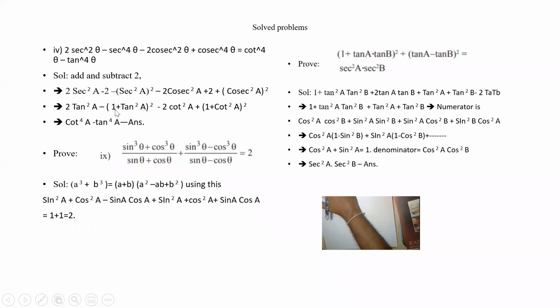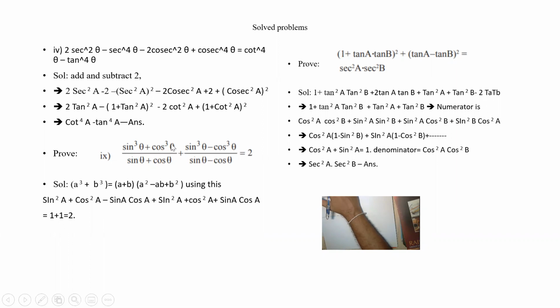So here, if we expand this, what is happening here? 1 plus tan to the power 4 plus 2 tan square, plus 2 tan square minus 2 tan square, plus 2 tan square get cancelled. So here 1 is left out. Here, 1 plus cot to the power 4 plus 2 cot square, plus 2 cot square minus 2 cot square getting cancelled. So 1 plus 1, 2 minus... this is minus 1, this is plus 1, both get cancelled out. So what is left over? Cot to the power of 4 minus tan to the power of 4, answer left.